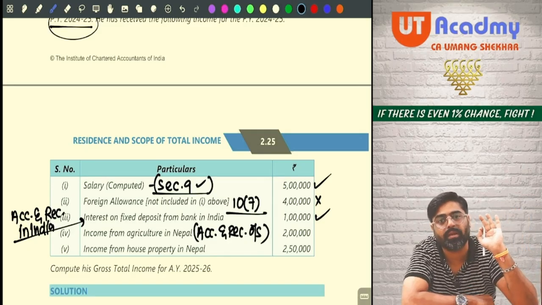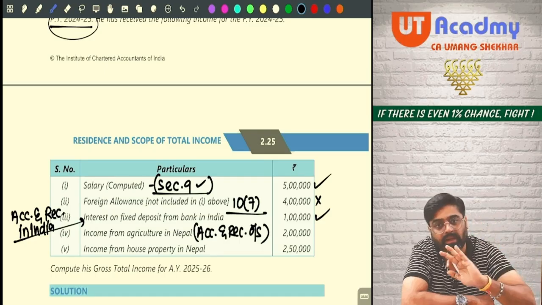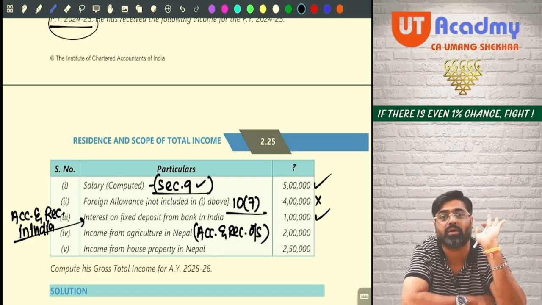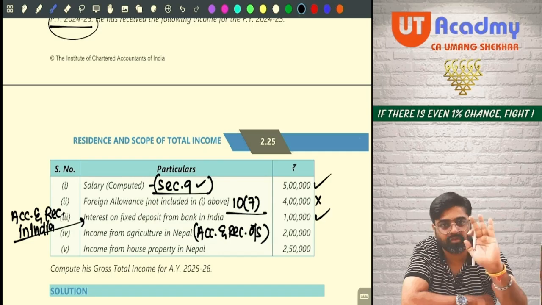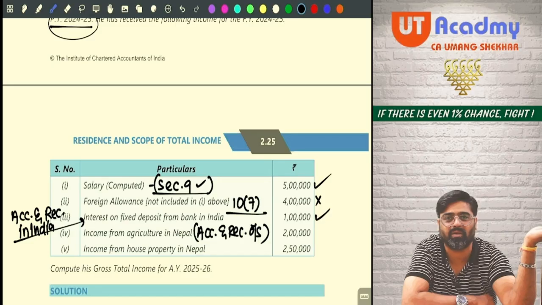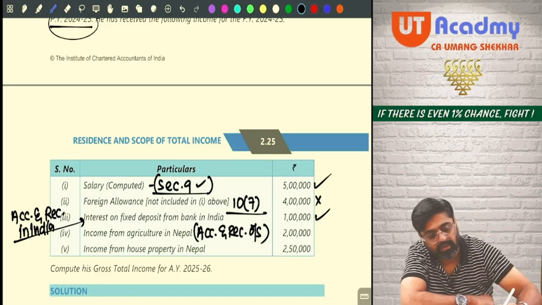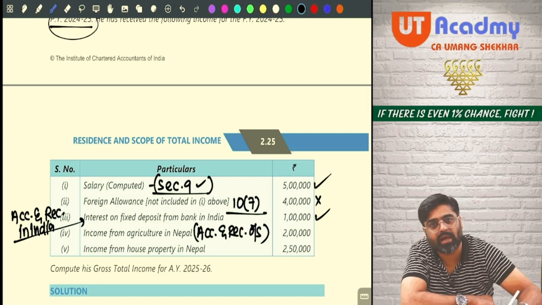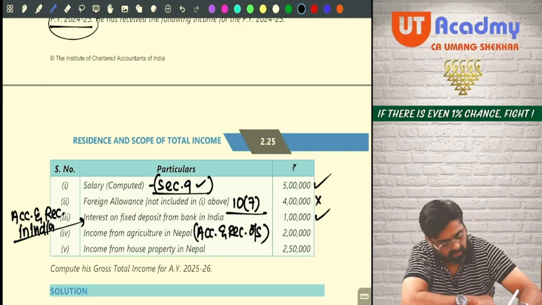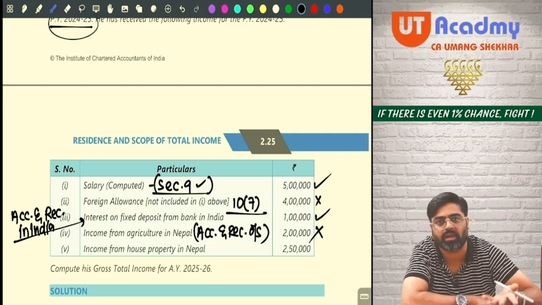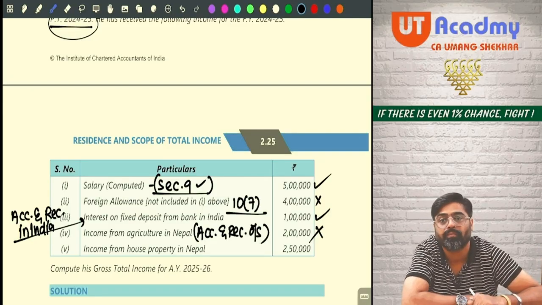Foreign income will be treated as received in India only if it is given in the question. Yes or no? So if they are not saying that this income was received in India, it has to be received outside India, no? Hello, sir. So tell me, taxable for all or only ROR? ROR. If your status is RNOR, then not taxable. NR, then not taxable. Your status is NR, it is not taxable for you. Yes or no? Next one.